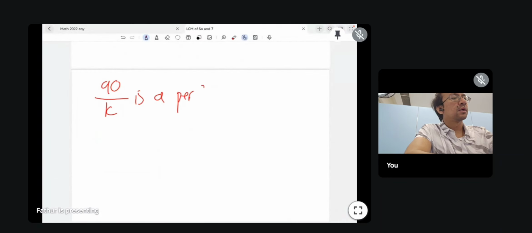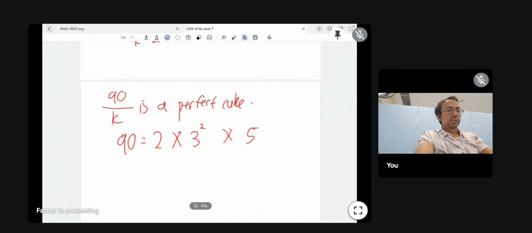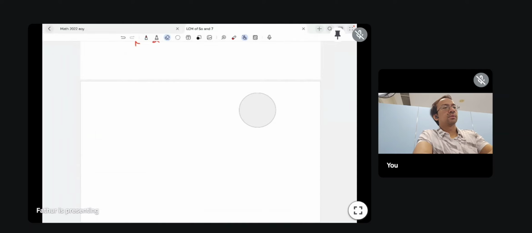So now 90 is equal to 2 times 3 squared times 5. This one cannot really. I must use another example. Why? Because all the powers have less than 3 as a power. Right? All the powers have less than 3. So cannot. Let's say I give you